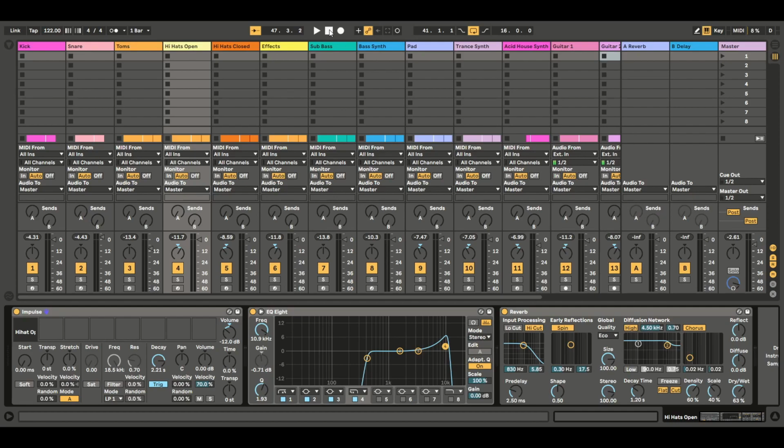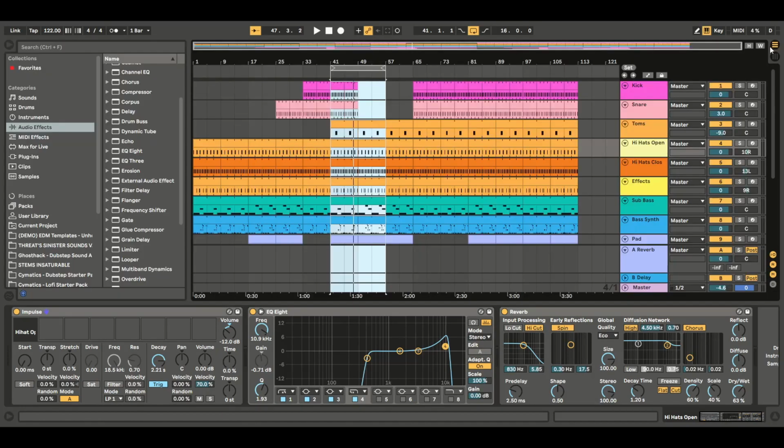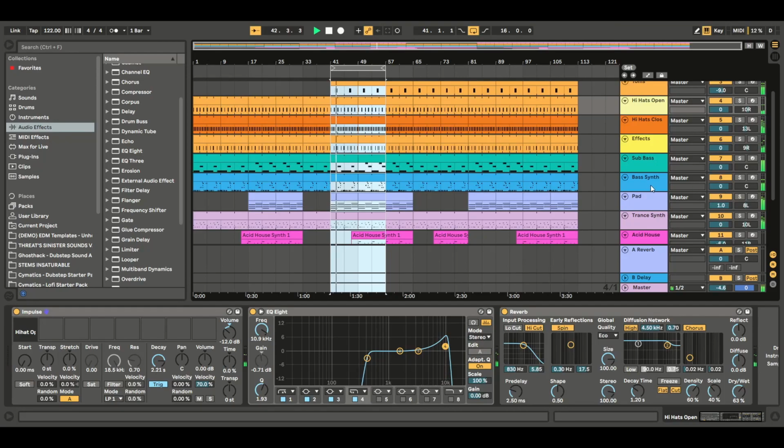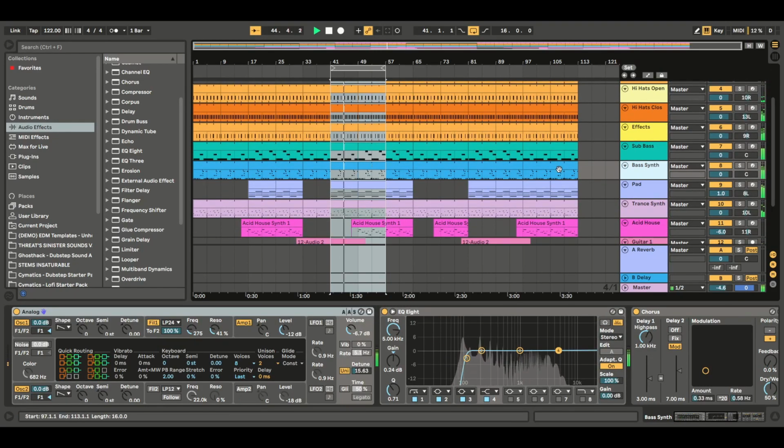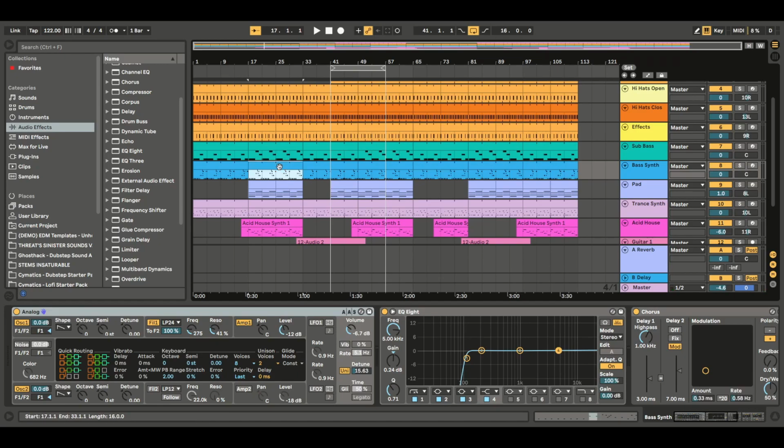Okay, so that's the hats done. Let's have a look at some of these synthesizers next. So we're going to have a look at the bass synth, the acid house synth, the trans synth, and the LFO synth. Let's have a quick look at the bass synth to begin with. I think the first thing is we've got the same note pattern throughout the song for the bass synth,